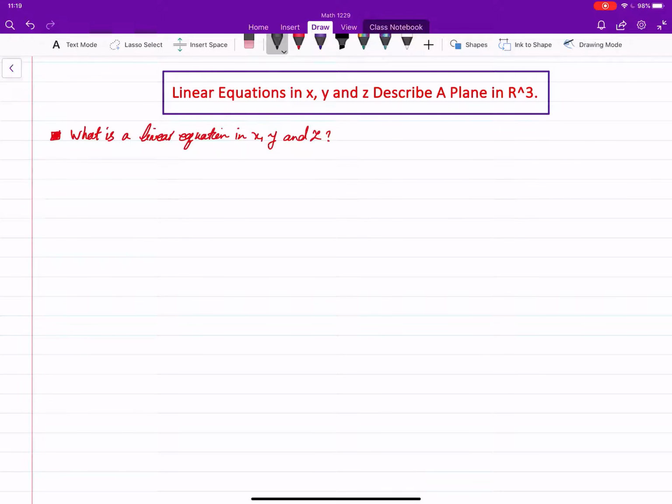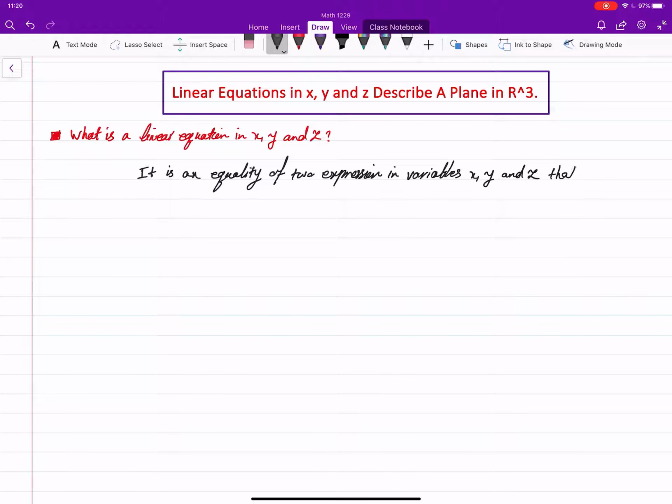It means that it is an equality of two expressions in variables x, y, and z